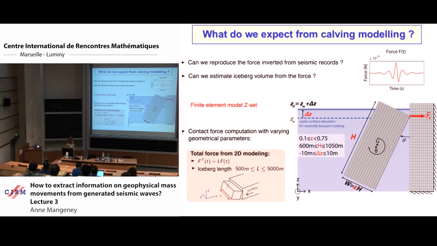So this is typical. And one thing that is important that we didn't know before is the position of the iceberg compared to the neutrally buoyant iceberg equilibrium. Because when the glaciers go into the water, they are not at the equilibrium of an iceberg alone, so they can be higher or lower. And depending on that, you will have an oscillation of your iceberg when it rotates that will affect the signal, and we can see that in the field. So we did a 2D computation and assumed a given length in this direction.